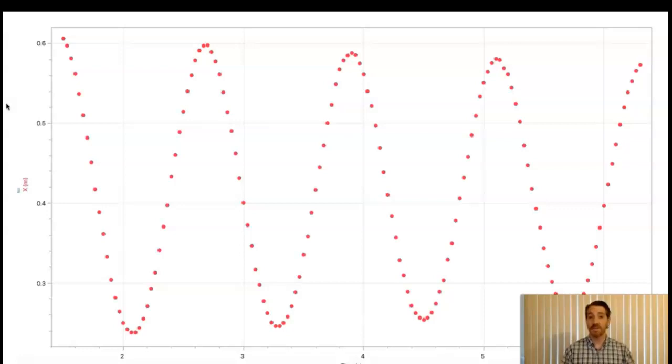Notice there's not a 0 position on this. And that's because the computer understands 0 position to be the far left of the screen, and the cart never reached the far left of the screen. So it's giving me that it went back and forth between two positions, somewhere around, looks like 0.22 meters and 0.6 something meters. The 0.6 something meters from the left is the maximum position that the cart had, and that's where it started. As it went from the maximum right position to the maximum left position, as far left as